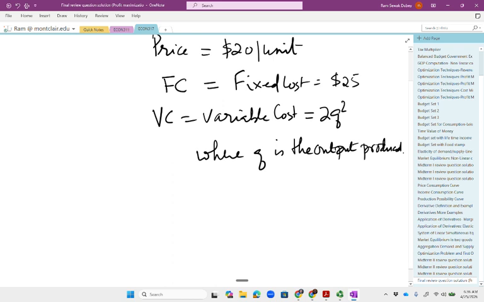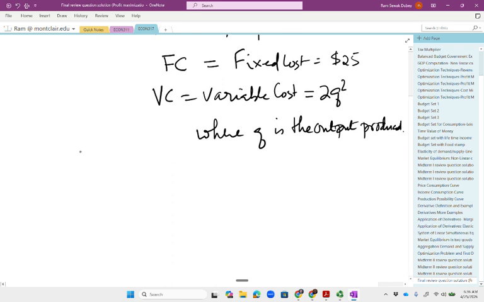With this, we start with the first part of the question, where we are required to write down an expression